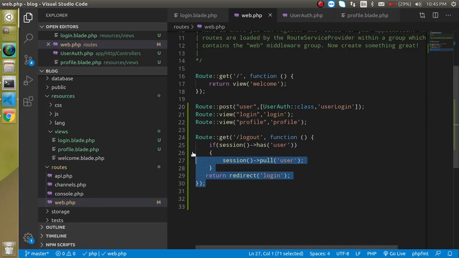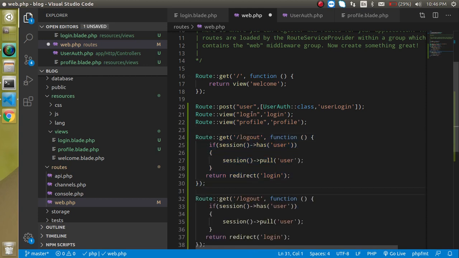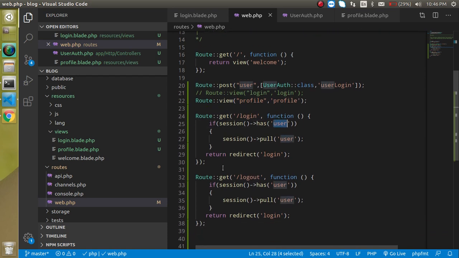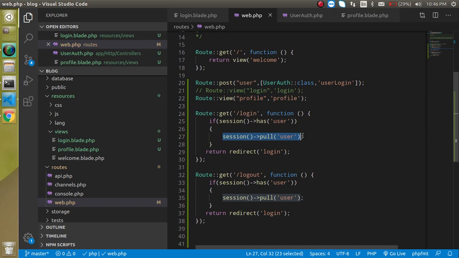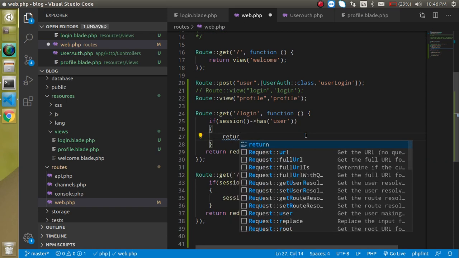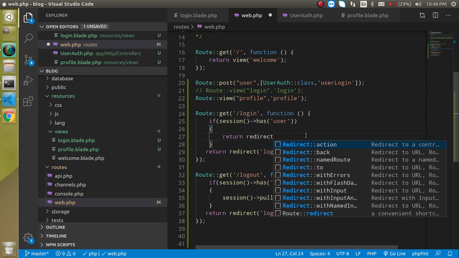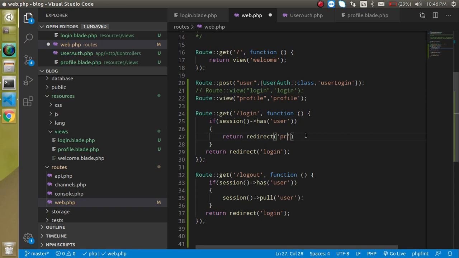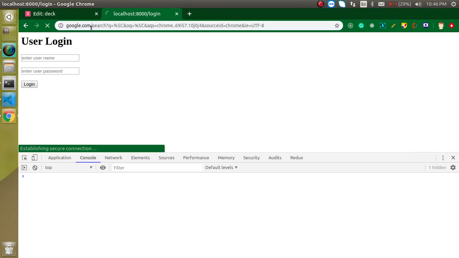So a similar thing we need to do here. So let's just do the same thing for the login page also. So let's just remove this path here. If we are on the login page, then we will check if the user has a session, then it will just simply redirect me to the profile page. Otherwise it will just take me to the login page, right? So now that's great. Okay, my bad,